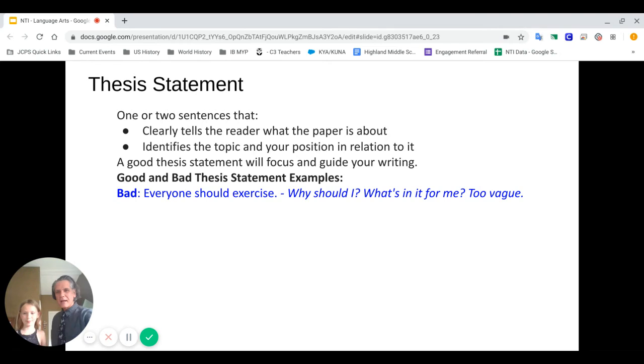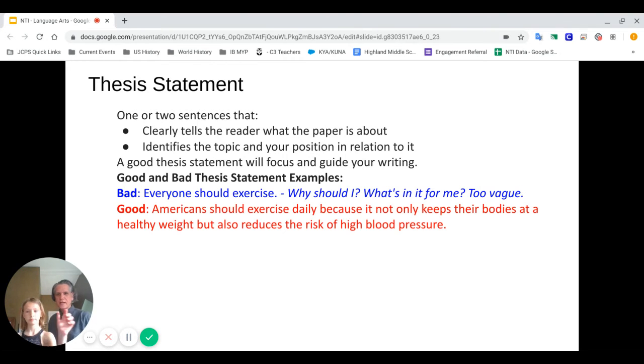So here's a bad example. Bad: Everyone should exercise. All right, hang on for the italicized part. So the everyone should exercise is the bad thesis statement. And this part where the italics, where the letters are slanted, that means that those are the reasons. Why should I exercise? What's in it for me? I don't know what your topic is, or I know your topic's exercise, but in relation to it, it's too vague. So if we changed it to something good,